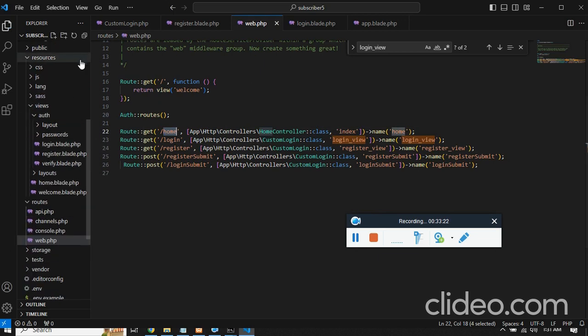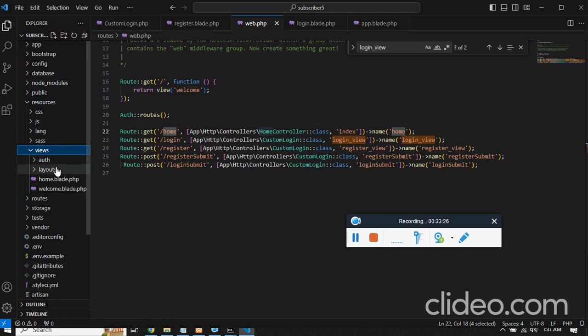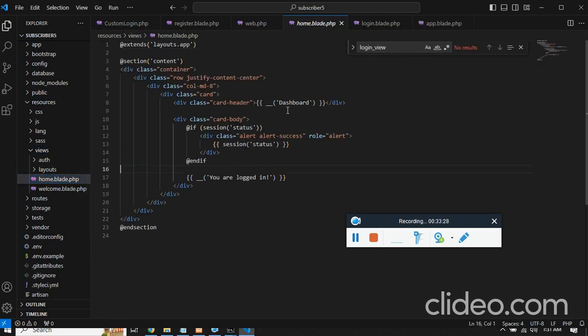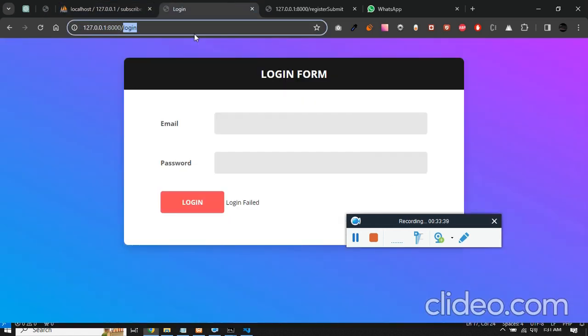So here in the resources, views, home, we don't need this login, so we can just say hello. So if your login is right, that means